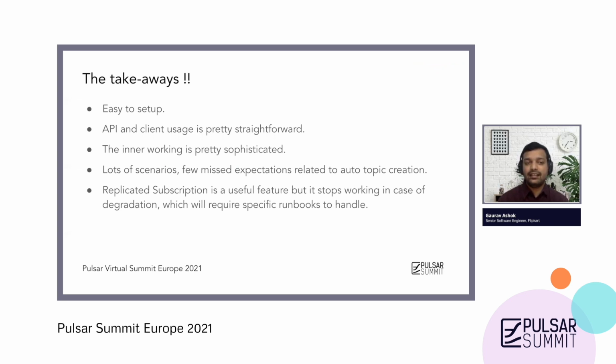is a setback. There are other mismatched expectations also around the topic creation, and all of them actually revolve around the topic creation flag only. As long as it is true, I think it works very well. All the topics are created wherever it is required. But when it is false, the behavior is inconsistent, actually. But I think it probably will be fixed in a future release of Pulsar. So coming from Kafka, I think Pulsar is actually miles ahead in the features of geo-replication. And I think